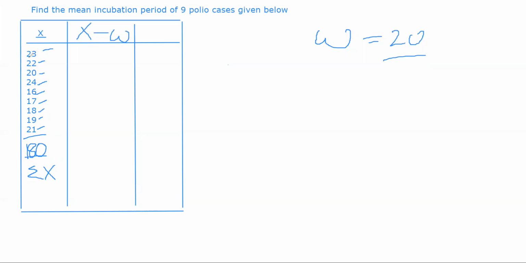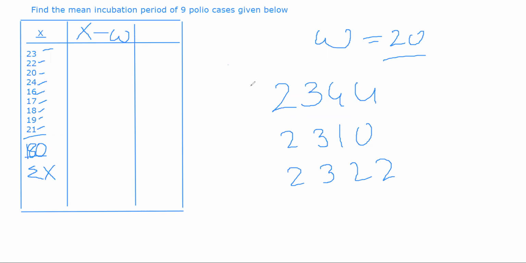Now let's suppose the observations become a little more complicated. यहाँ पर 2 digits ही है ना, 3-4 digits आए समझो, like that. So let's suppose we have 2344 and we have 2310, we have 2322. ठीक है, you have to find a different way so that you can calculate it in a shorter amount of time. In such senses assumed mean will become easier.